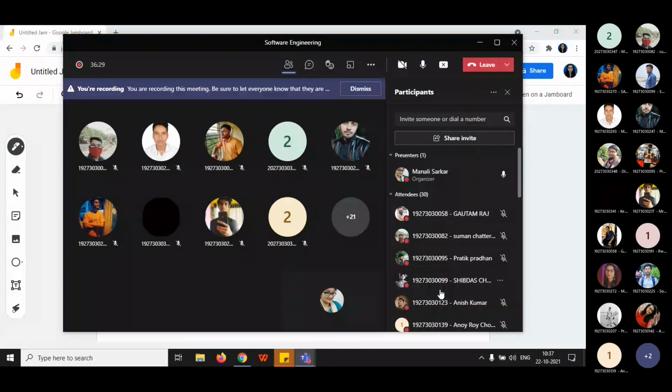After representing that diagram, you need to show the user whether whatever you have said, I have drawn into a diagram, and whether it is matching your requirement or not. If the user agrees that yes, it is matching, then only you will start building the project. Otherwise, if the user says no, this is not correct, you need to add something, or delete something, or edit something, you will be doing it in the DFD diagram.